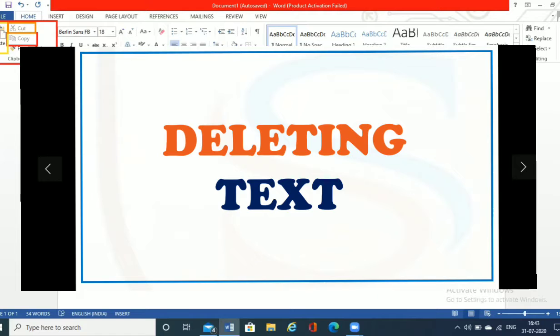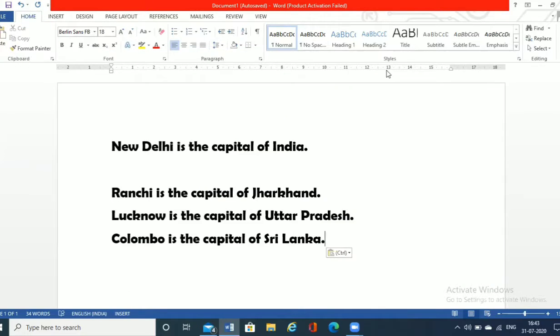If I want to delete a text, which means I want to erase something, erasing can be possible with a letter. You can erase a letter, a word, a sentence, a line, a block of text. It is your wish.